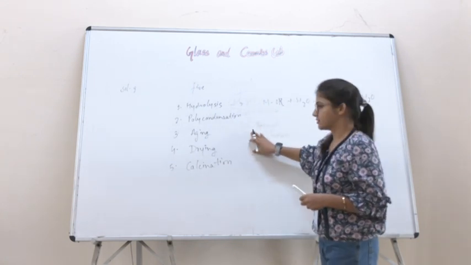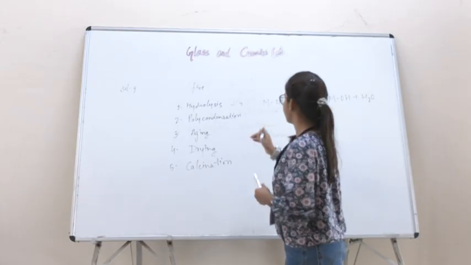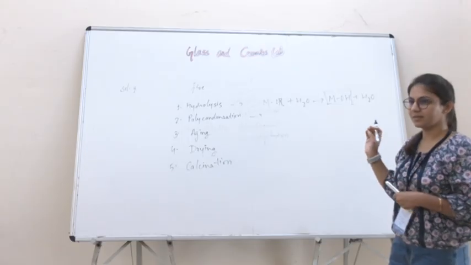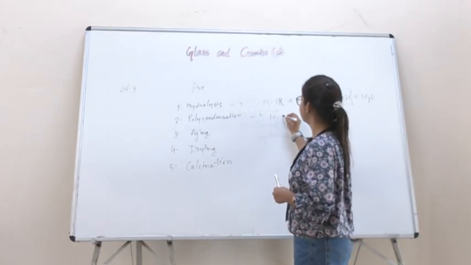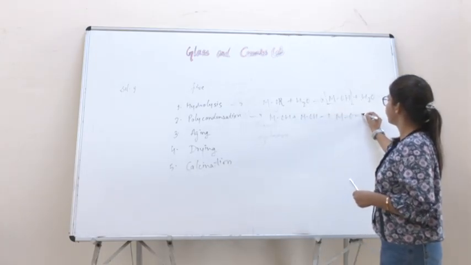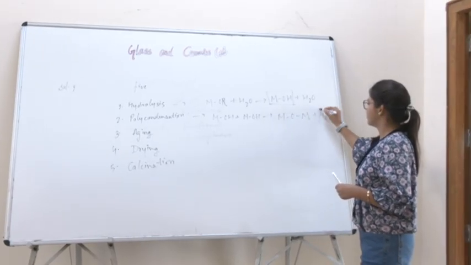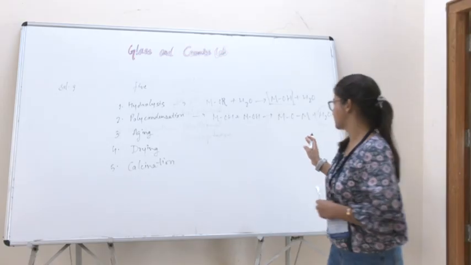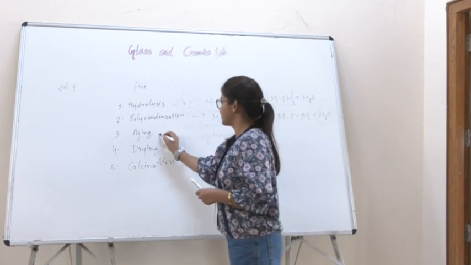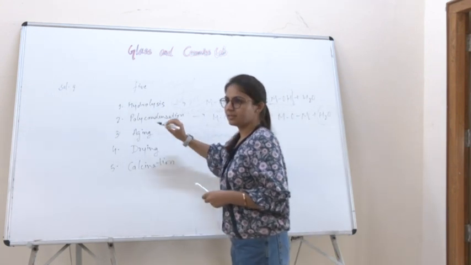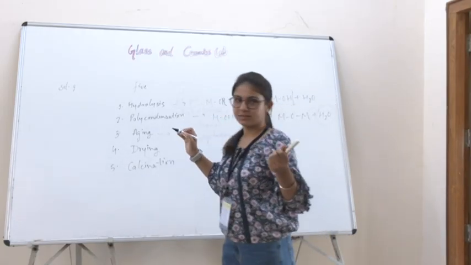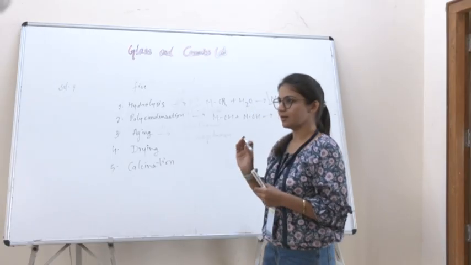Second one is the polycondensation reaction. In that, these metal hydroxides will form a 3D network, cross-interlinking of these metal oxides, and they will form metal-oxygen-metal bonds, and there is a release of water or an alcohol compound. With removal of that, they are forming metal oxides. During polycondensation, gelation takes place, gel-kind of formation. You will see during the demonstration they will show you the gel-kind of thing, means